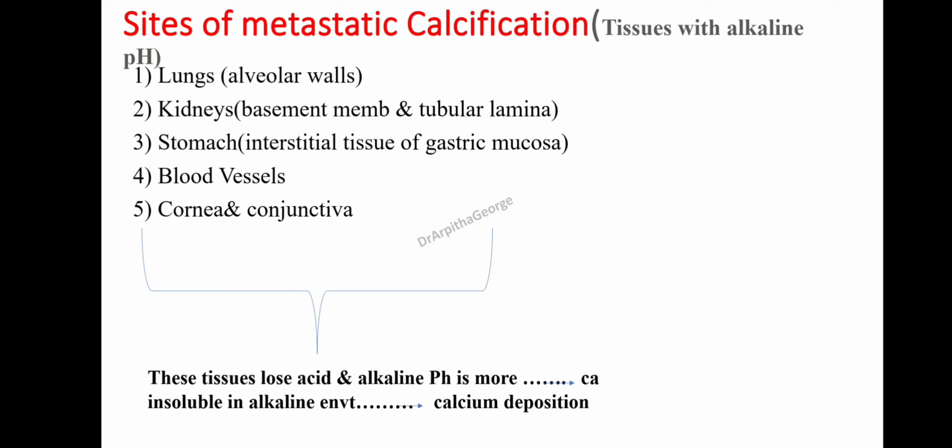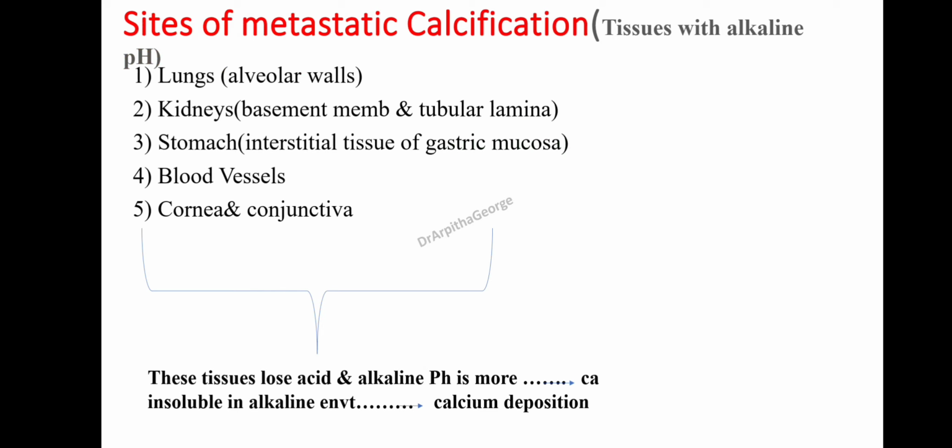it means obviously what happens? An alkaline medium, right? An alkaline environment will be there in the cytoplasm. So any tissue which has an alkaline pH, what happens? That is also an attracting factor for the calcium. So this calcium will go and precipitate in that particular environment. So in dystrophic calcification, the attracting factor for the calcium is phosphate ions. Here in metastatic calcification, the attracting factor is the alkaline environment.